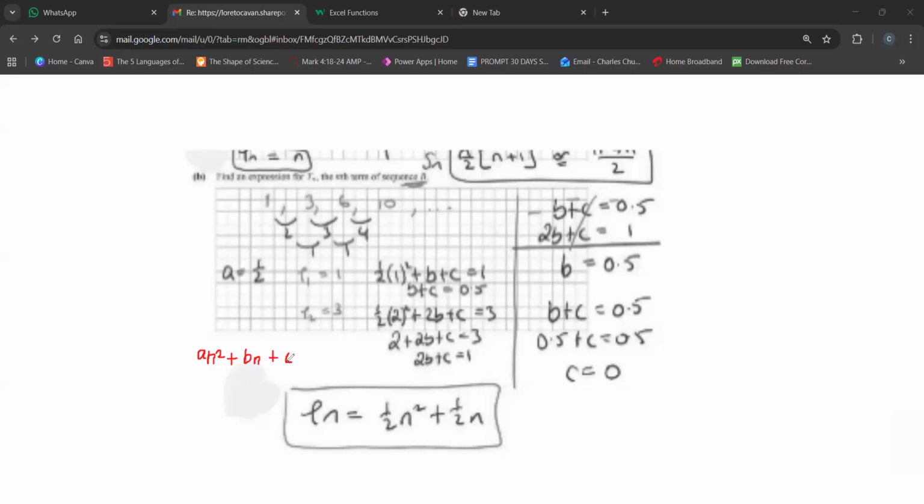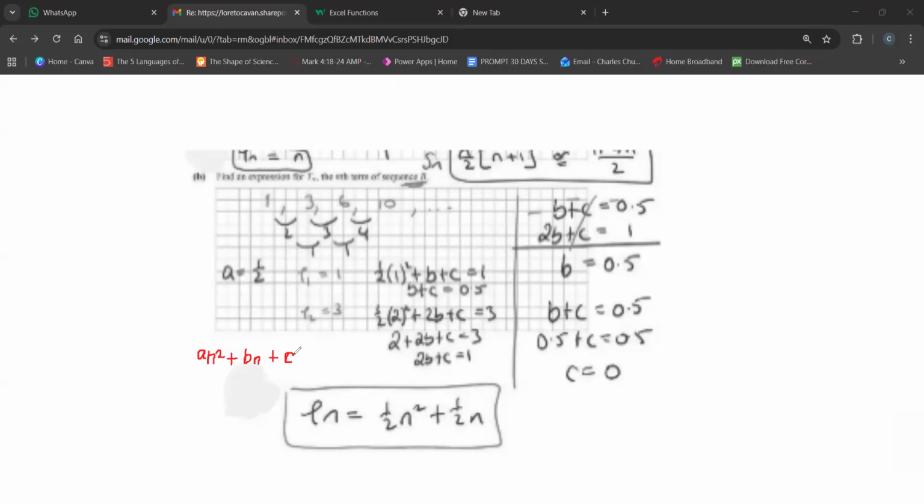Yes, sir. Oh, okay. So the thing is this, right? Were you able to establish that it was a quadratic sequence? That's the first question. No. So that's the problem. If you had established that it was a quadratic sequence, then what we just needed to do was to memorize this a n squared plus b n plus c, because every quadratic sequence will follow it,